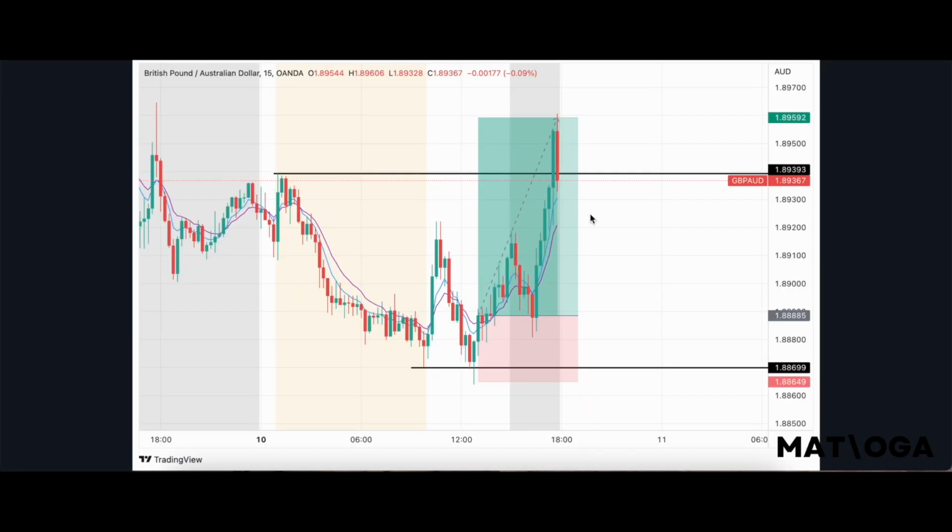Next trade, once again, a fairly nice take profit, and also an important lesson right here, because I don't usually take these trades unless I already have some profits banked. And let me explain to you why, because this may seem like a perfect entry, but it's not super perfect, okay? So first of all,